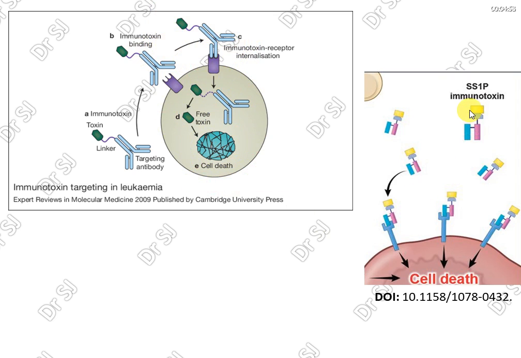Likewise, this is an engineered immunotoxin where only the FAB fragment is linked to a toxin. This is the FAB fragment of the monoclonal antibody, and this is the toxin. It is again specific for a cell surface protein of a cancerous cell. So this whole immunotoxin can cause cell death. This is how an immunotoxin works. If you remember this structure, it will be very easy for you to answer questions based on immunotoxins.